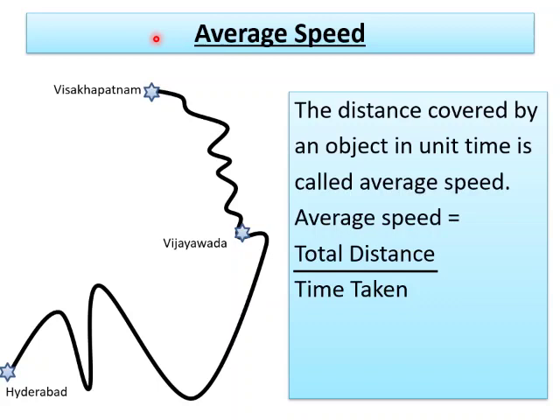In this slide, a path was given for a train that started its journey from Visakhapatnam to Hyderabad. Let the train name be Godavari. At 5 p.m., the Godavari train starts in Visakhapatnam. The other day, at 5 a.m., it reaches Hyderabad. On the way, it takes a half-hour break in Vijayawada. Let the total distance the train covers from Visakhapatnam to Hyderabad be 720 kilometers.